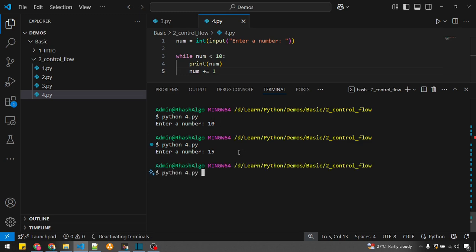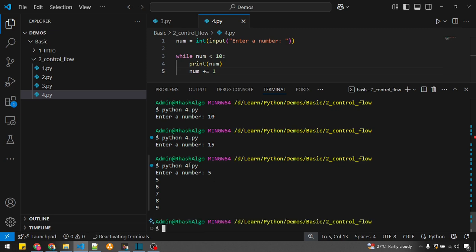Okay, let me execute the program again. 5. Okay, what happened here? When I entered 10 for the first time, it is checking while num less than 10. Is 10 less than 10? No, it's false, because I am checking only the less than symbol, there is no equal to symbol here. That's the reason the condition check is false, and since it is false we didn't execute this block